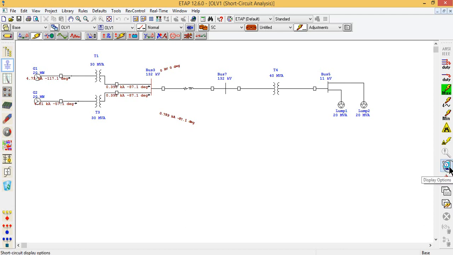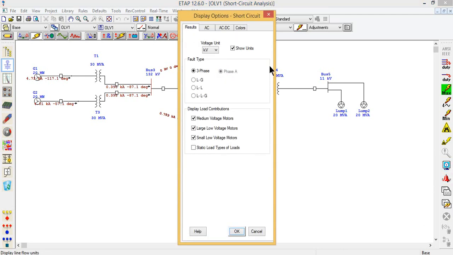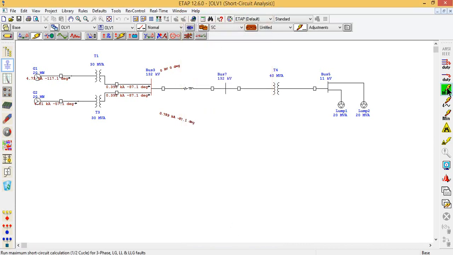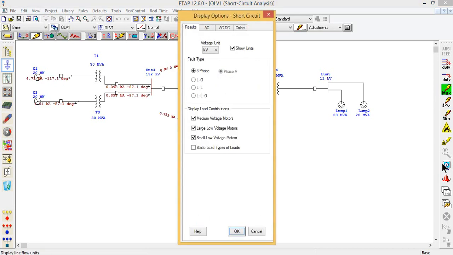From this display button, I can select which value I want to find out. Right, this one was the maximum fault current. Here we go, and this is showing which value we want to find out. Like we want to have the value for 3-phase, or we want to have the value for line to ground.